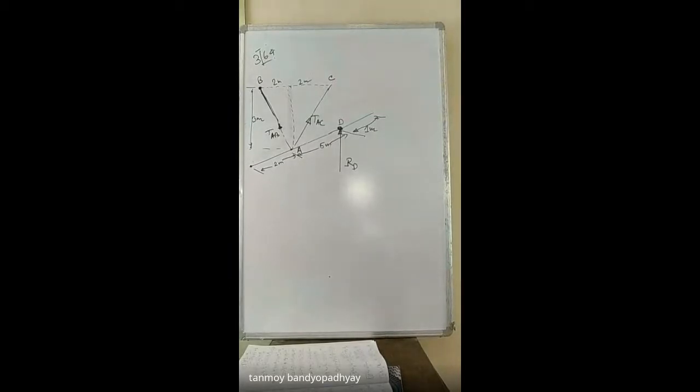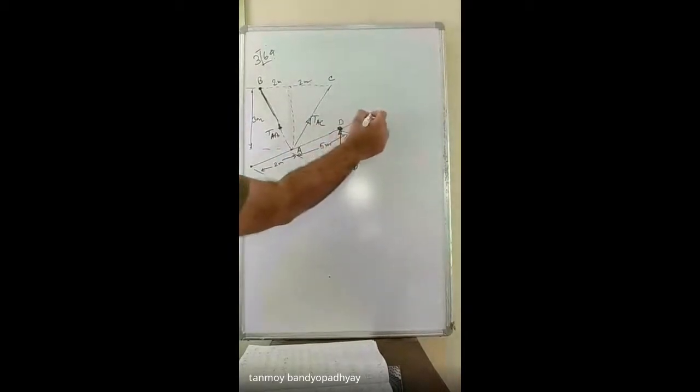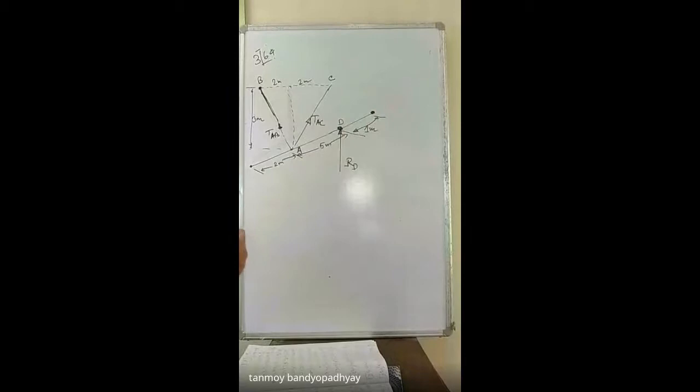And what else is the force that will be acting? There will be another force, that is the weight of the beam. The weight of the beam should be acting at the center of the beam. We are assuming that it's a uniform beam, so the weight will be at the center, or rather the CG of the beam is assumed to lie at the midpoint of its span length. The span length is 5 plus 2 plus 1, 8 meters. So the weight will be acting at a distance of 4 meters from either end. The weight is 60 kg per meter.